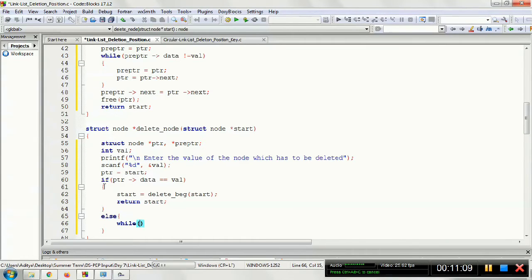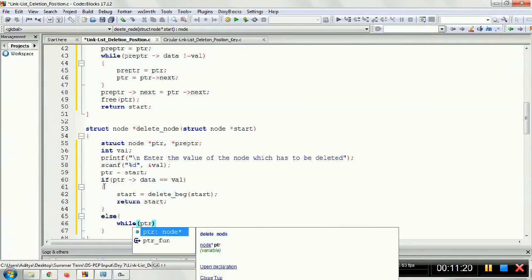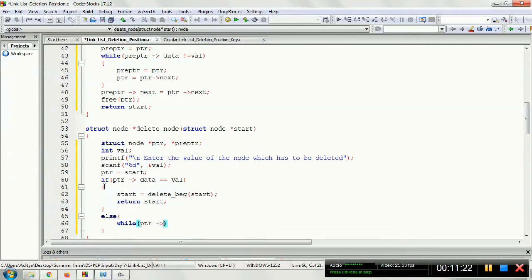These two cases we have to check. First, we should get the value, and also in finding that particular value, the PTR should not reach the end, because suppose the value is not present, that will also be a case. So we have to consider both cases. Now the simple case is that until the PTR reaches the value, this loop will continue.